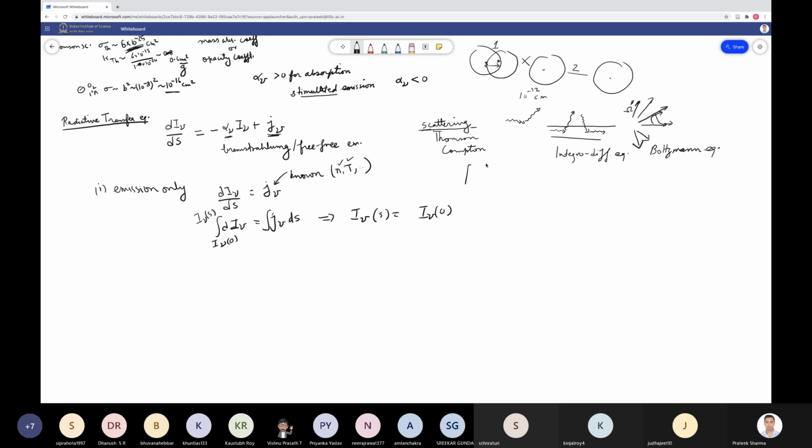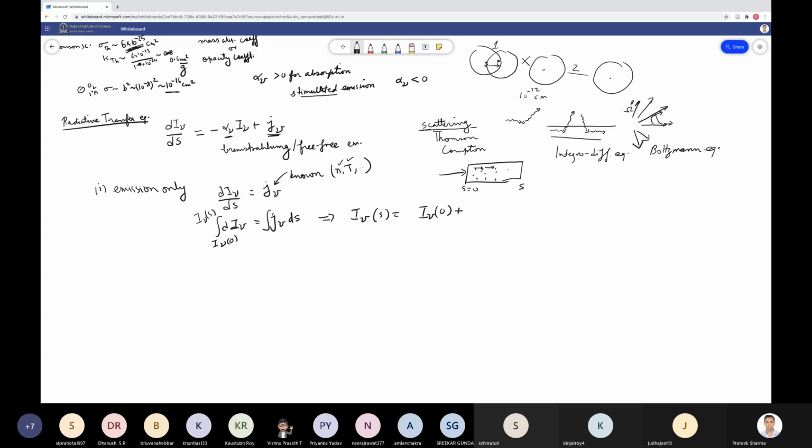So you have this sort of a geometry: this is s equals 0 and this is s. You have some photons coming in this beam, with specific intensity I nu naught at s equal to 0. And because of emitting matter here,